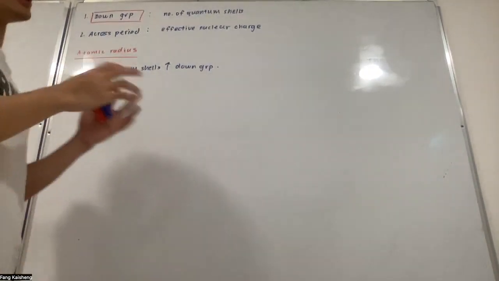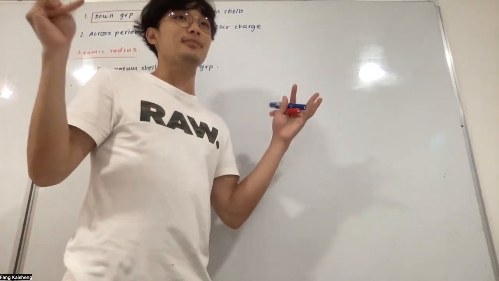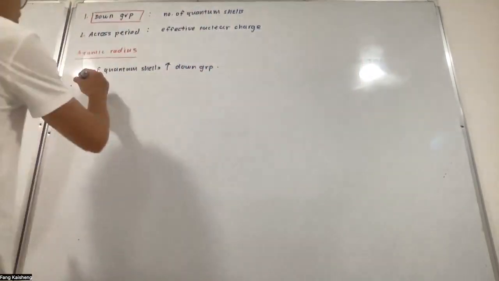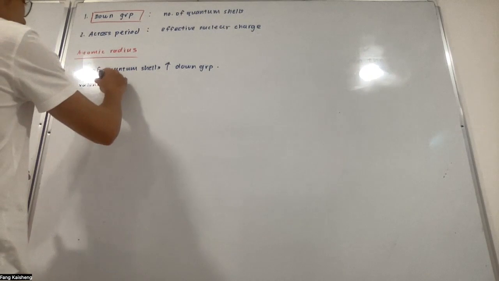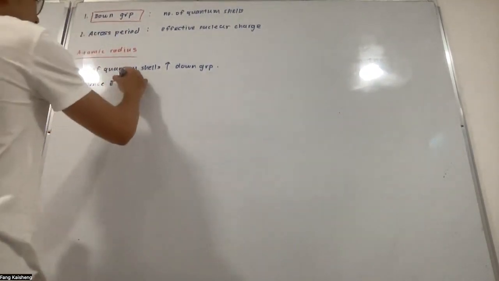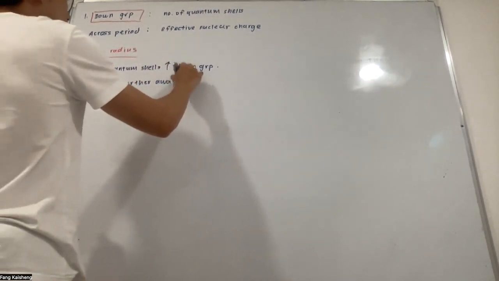Think about the valence electrons, what happened to them as you get more and more shells? Further away from the nucleus. Good, so let's mention that first. Because we are talking about atomic radius, and atomic radius is measured all the way to the valence electrons. So valence electrons become further away from the nucleus. And as a result,